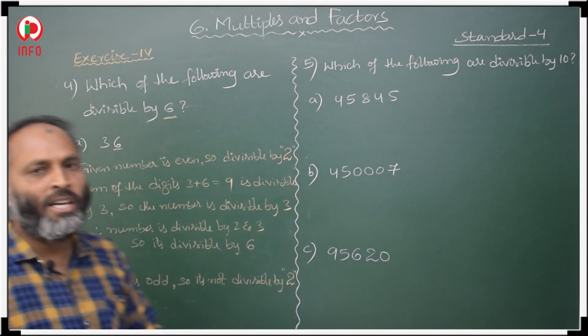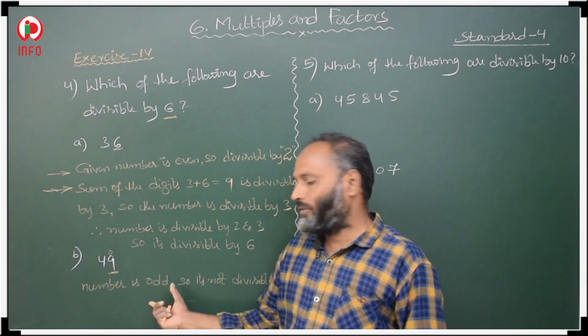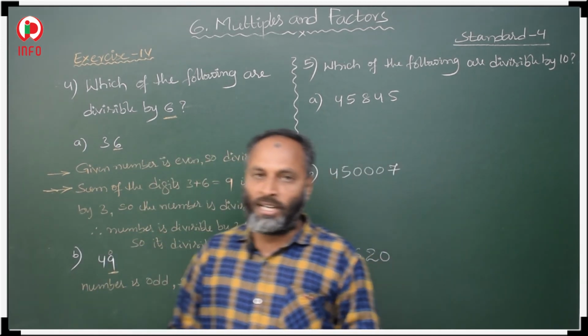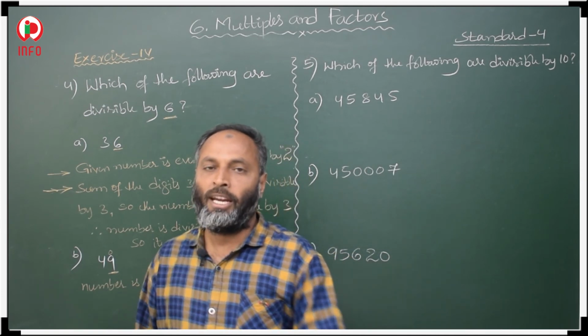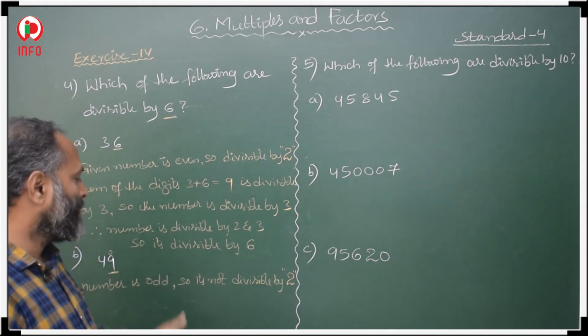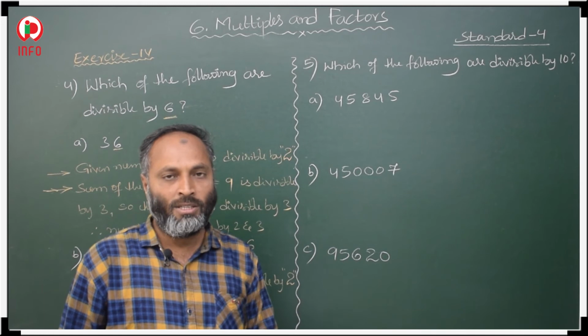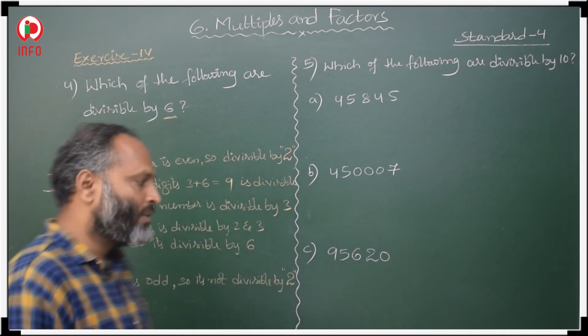Once the number is not divisible by 2, the first condition, the divisibility test for 2, fails. If one condition fails, that means it won't be divisible by 6. No need to go for the 3 table. Why? Because the first condition, the divisibility test for 2, already fails here. So don't check for 3. Okay, so no use for that.